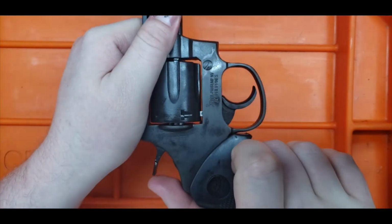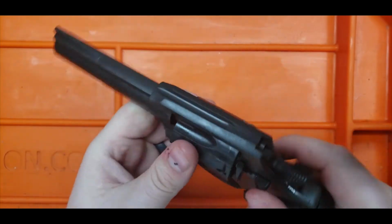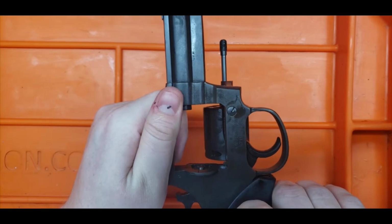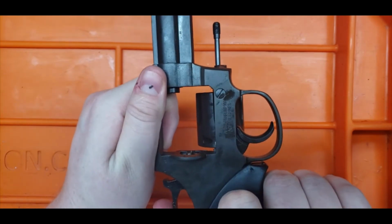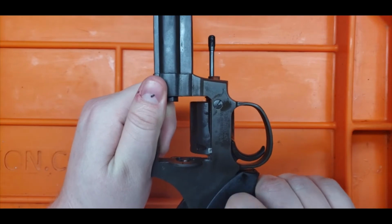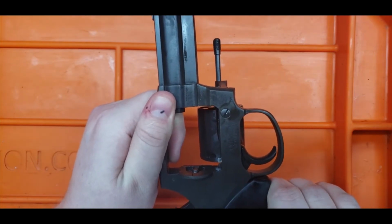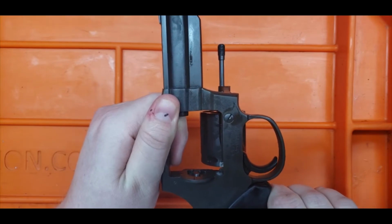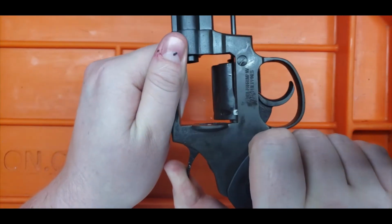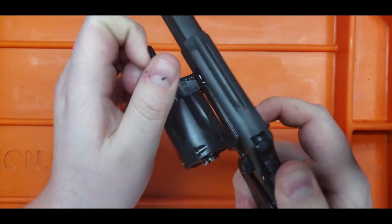Let's look at the timing here. So with the cylinder open, I'm just going to draw back the hammer. We're looking for that catch to drop sub flush with the frame before it locks back. And it is. Now I can tell you already, because it's coming up so fast, there's going to be a lot of cylinder drag, because I can see the hand moving long after the bolt catch has